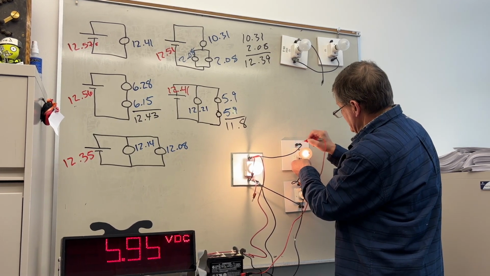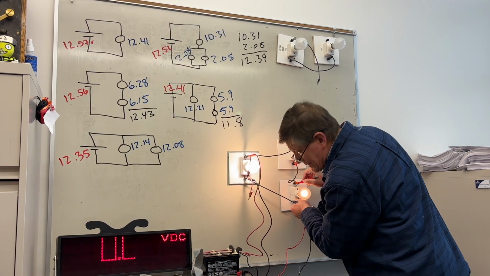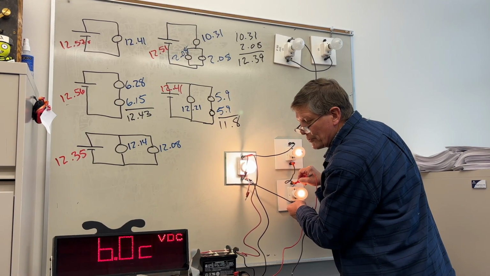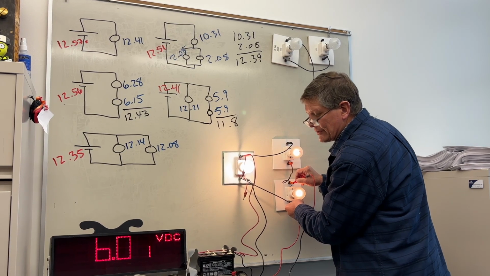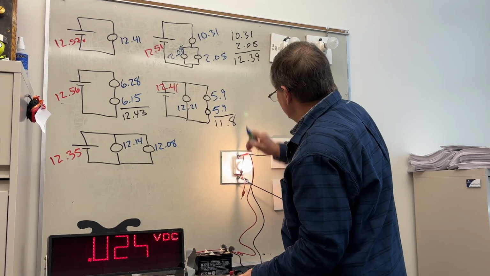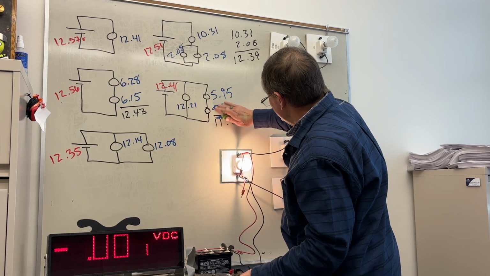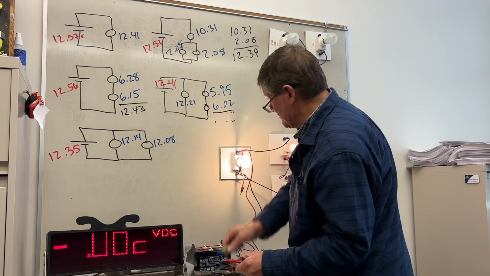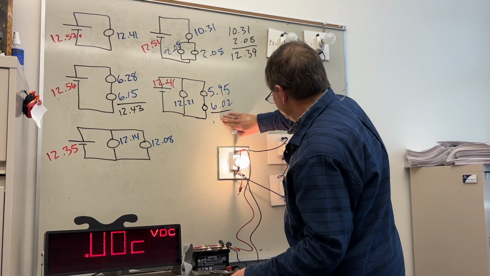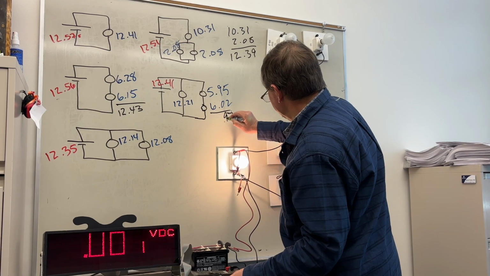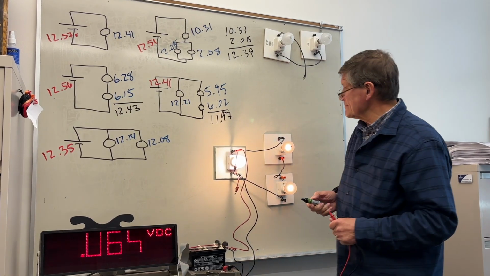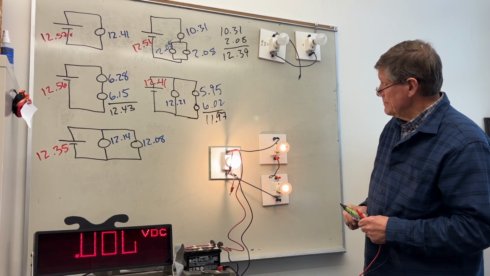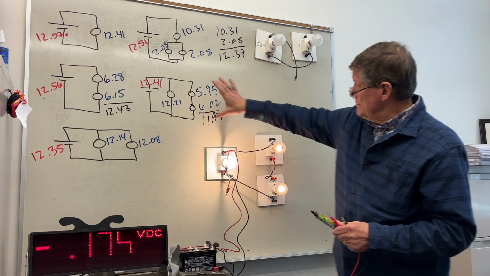5.95 and 6.02. Okay, I didn't have a good connection there before. So I've got 5.95 and 6.02, and that's going to add up to 11.97. Okay, so we're seeing a little bit of resistance in the wires, but what we see is that parallel branches should have about the same volts across them,